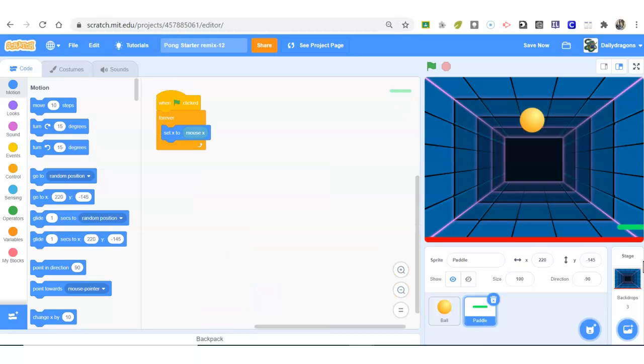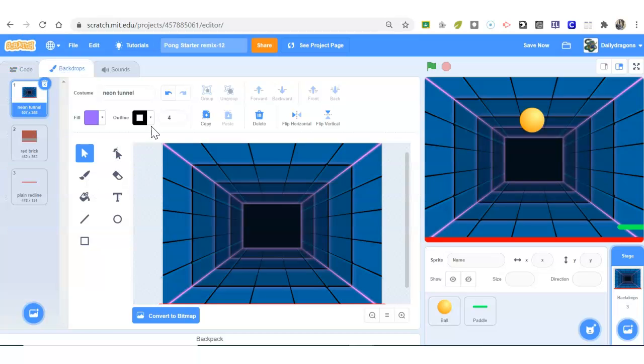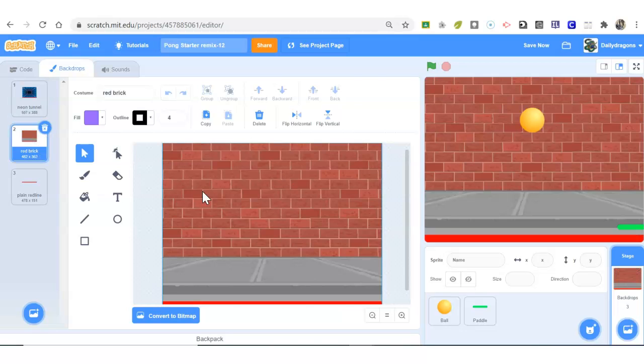In addition to the sprites, we also have a stage, and I want you guys to go to the stage first. And on the stage, we're going to change the backdrop. So to change the backdrop, we have 3 tabs here. The first tab is the code tab. The stage doesn't have any code, but it does have backdrops. So here, this is the backdrop that the game comes with. You also have this other backdrop, but I want you to choose a backdrop from the library of backdrops